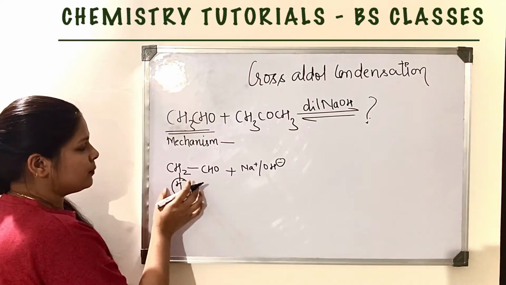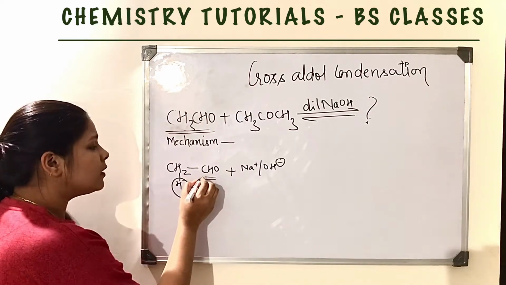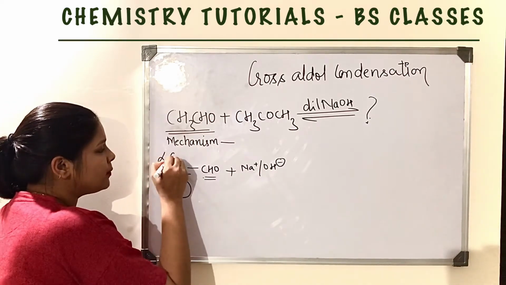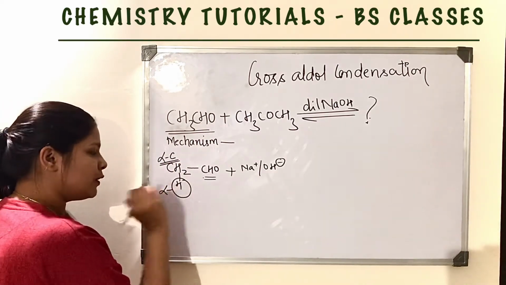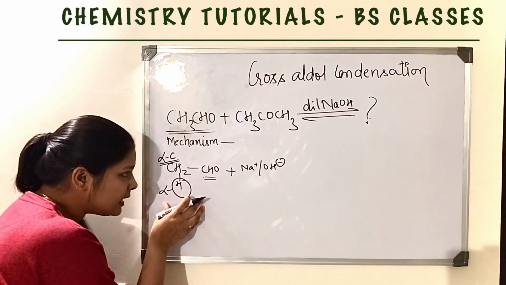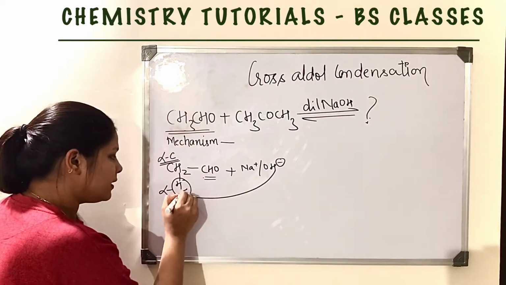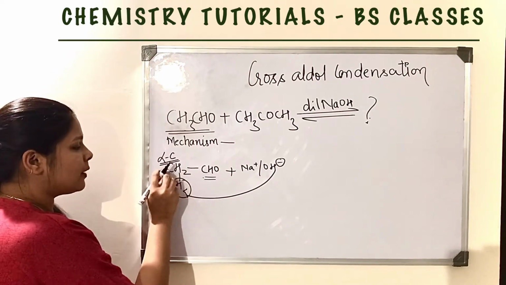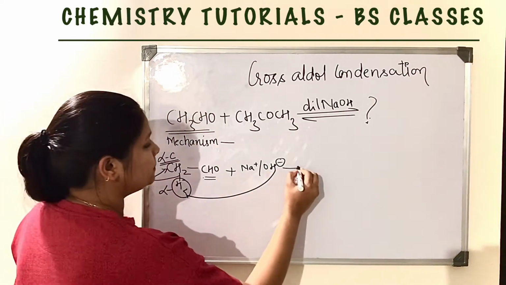This is alpha hydrogen because this is the functional group, that is carbonyl group, attached to this carbon, and this carbon is alpha carbon, and the hydrogen attached to alpha carbon is alpha hydrogen. Now alpha hydrogen is acidic in nature. If it is acidic in nature, that means this OH minus abstracts this hydrogen in the form of H plus, and the bond between the carbon and hydrogen is completely shifted to this carbon and forms